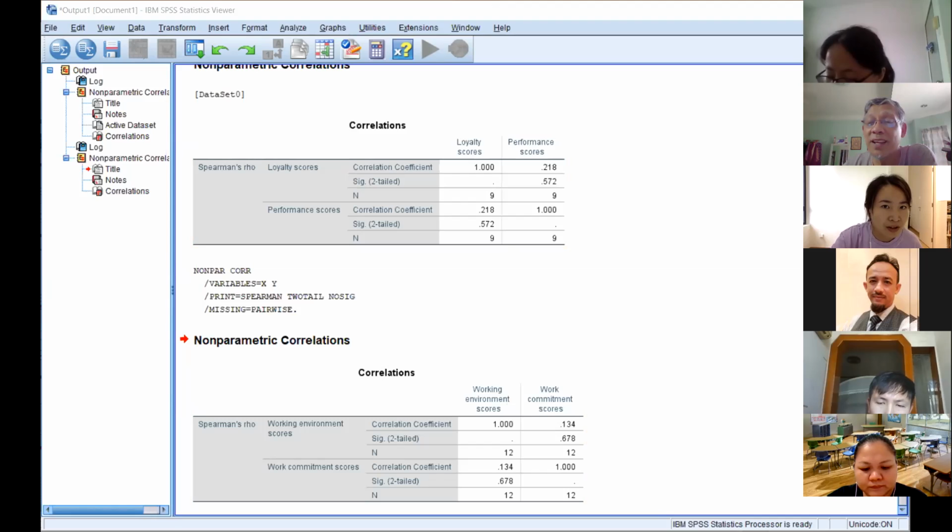H0 will be rho S equals 0. Alternative hypothesis, is this one tail or two tail? This one two tail. How do you know that this is two tail? Because there is no direction. No, in this case, because when you go,